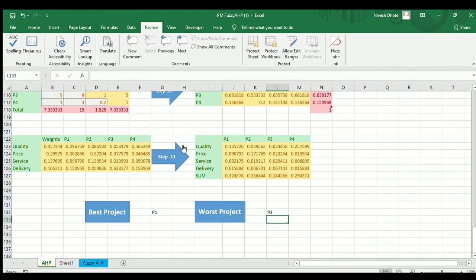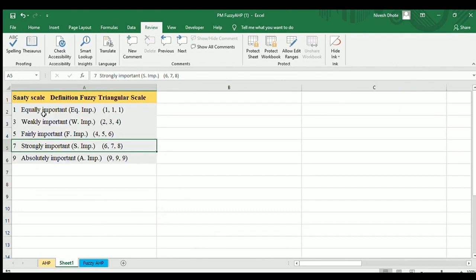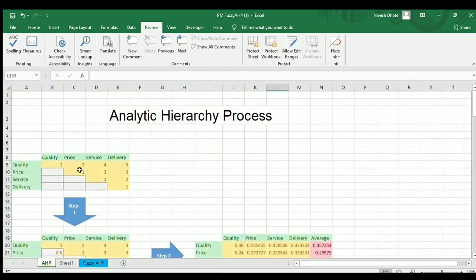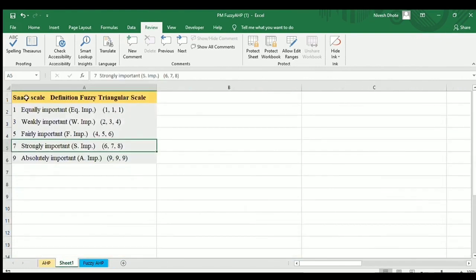So this is all about AHP, but now we will find out the limitations of this AHP and how we can come out of that limitation in the further videos. Here in AHP, for values like 2, 4, 3 and so on, we have used the Saaty scale, for example 1, 3, 5, 7, 9. We have exactly one value for two factors, comparing two factors. But in real life, since the uncertainty and vagueness of experts' opinion is a prominent characteristic of the problem, this impreciseness of human judgment can be handled through fuzzy set theory.